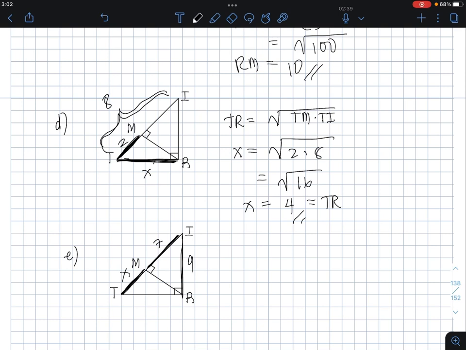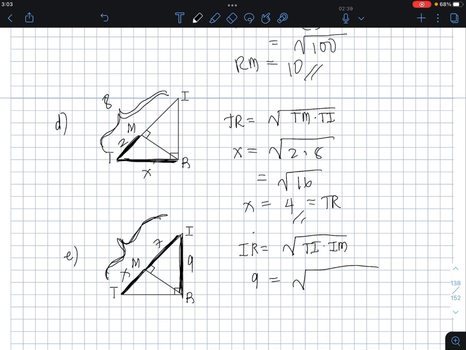So, pwede naman natin gawin yung equation for the leg IR na geometric mean siya dito sa hypotenuse TI at yung adjacent sa leg IR which is itong IM. So therefore, we have IR is equal to square root ng TI times IM. So substitute natin, we have IR is equal to 9 equal to square root ng, so itong TI, yung hypotenuse,